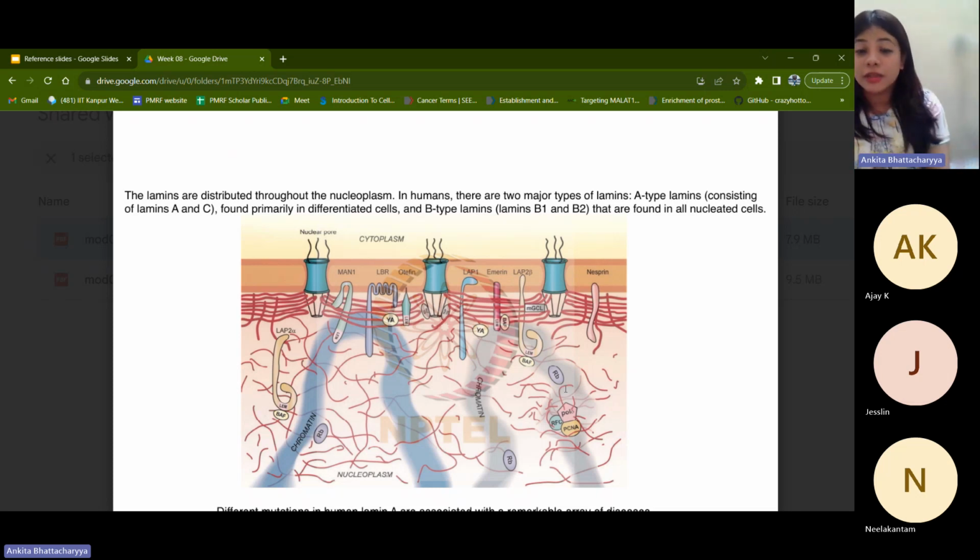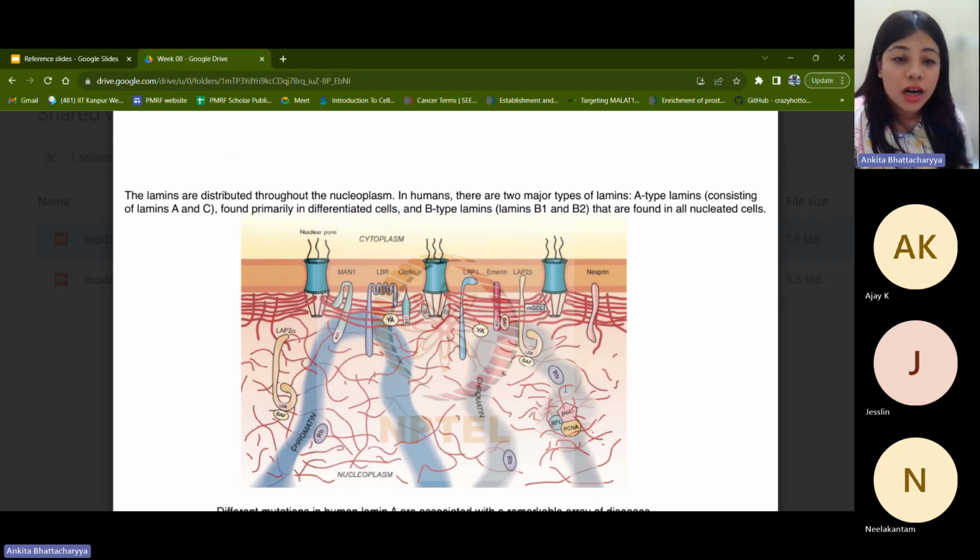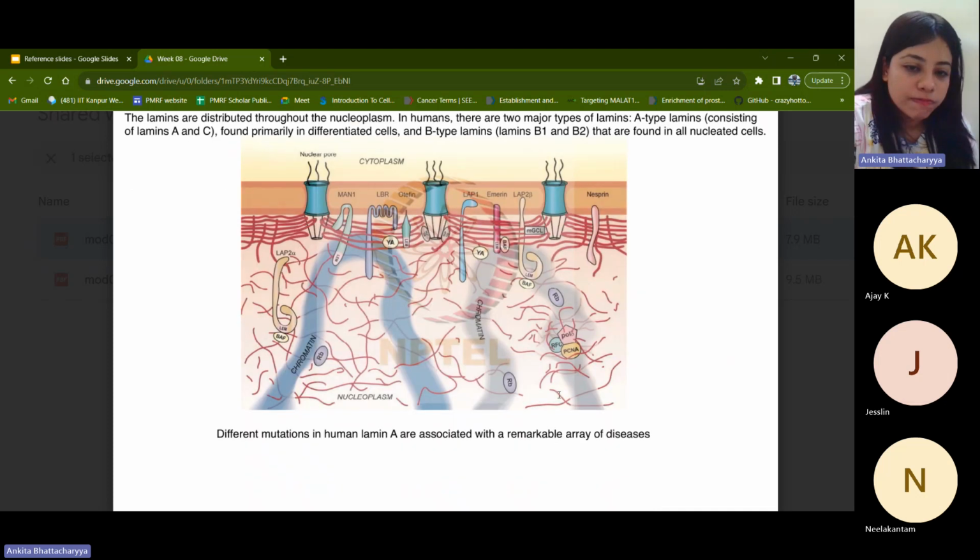You can see there are so many other proteins that are associating with the chromatin, with the nuclear pore, with the lamins, etc. You can see there is RB, there are PCNA, RFC, Pol complexes which are involved in replication with the chromatin. And you can see there is some sort of unwinding here at the level of the chromatin as well. The way that we usually draw the nucleus is not how it actually looks. There is so much control occurring, so many proteins working at each stage to make it all feasible. That is quite a huge idea to comprehend. But that is at the level of lamins.